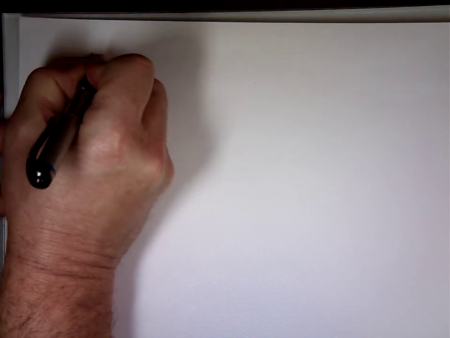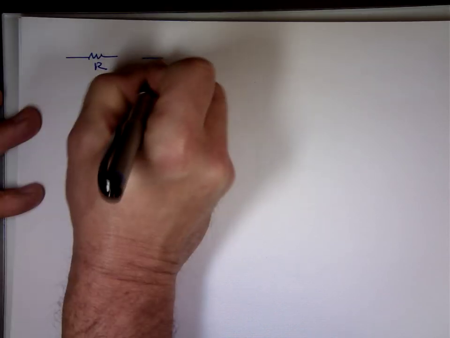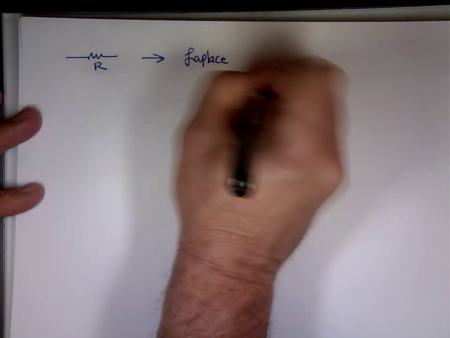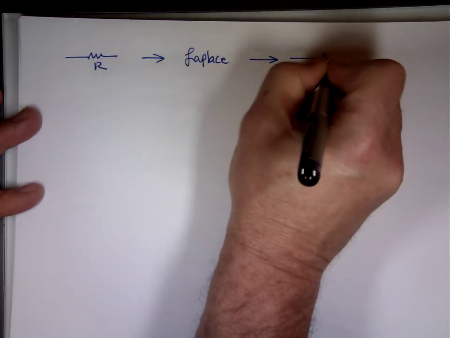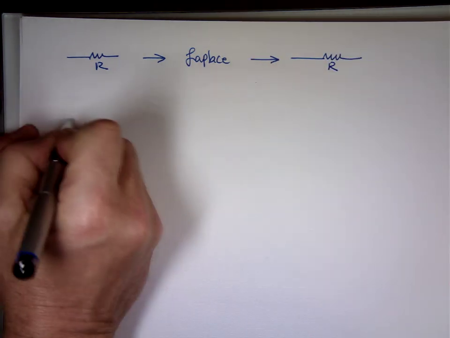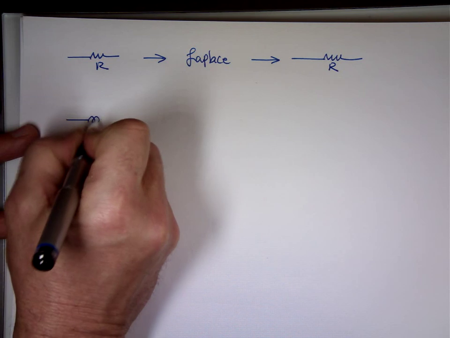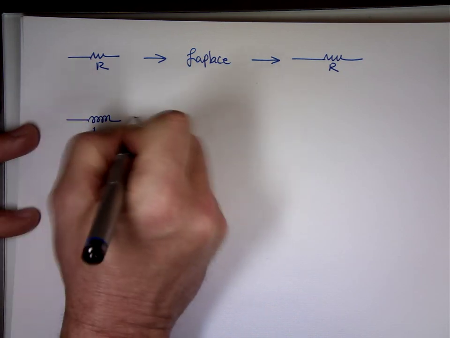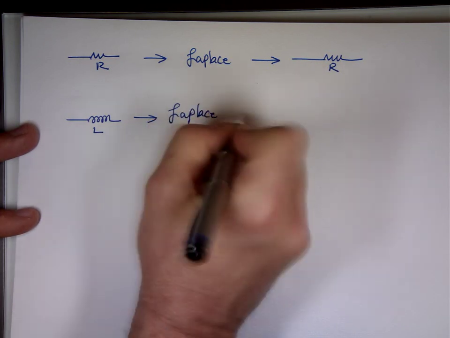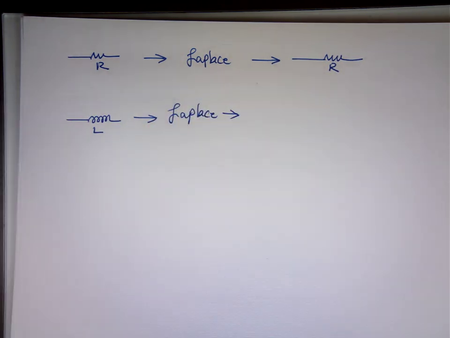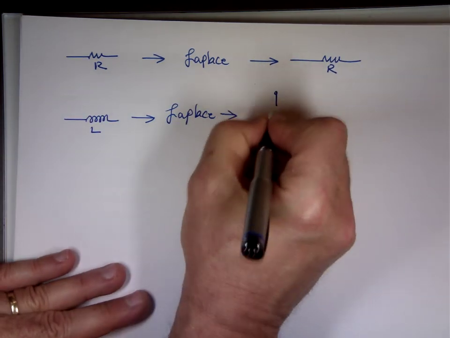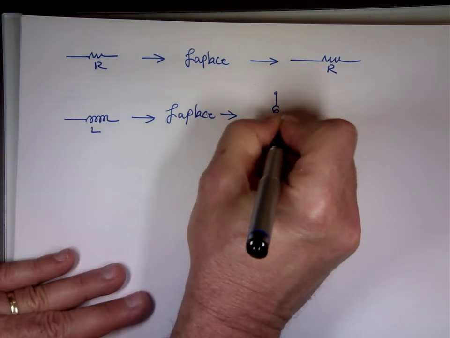The resistor R, when you go to Laplace, will stay the same. The inductor L, when you go to Laplace, you have two choices for that. I'm taking this out of our book. You can replace it with the inductor of the value of S sub L